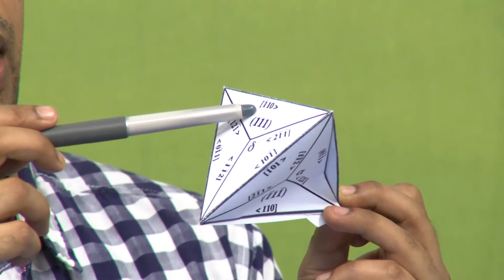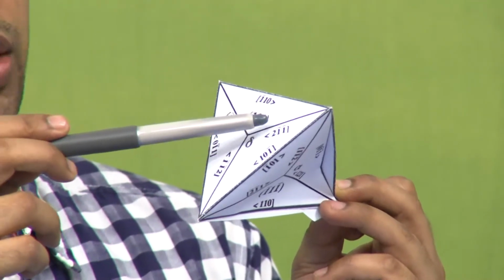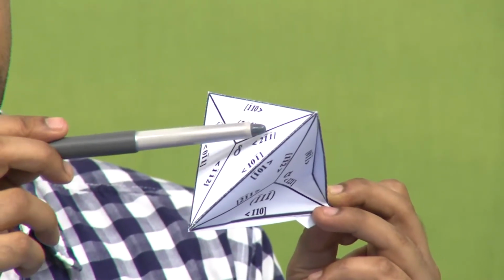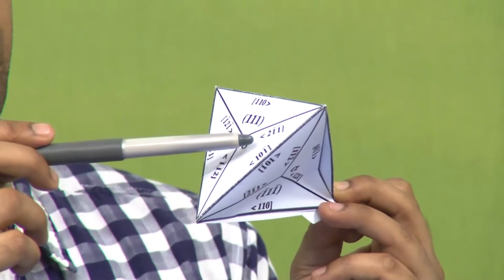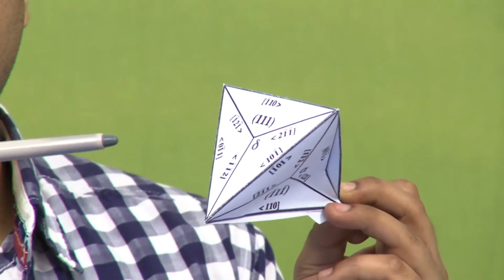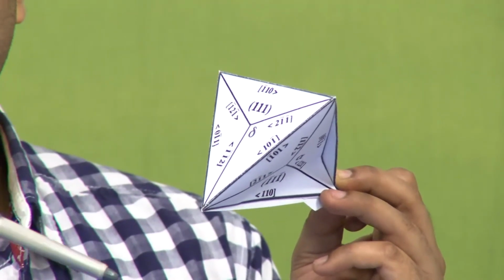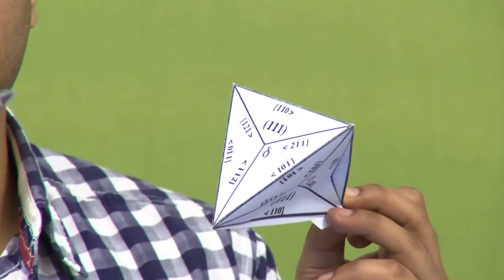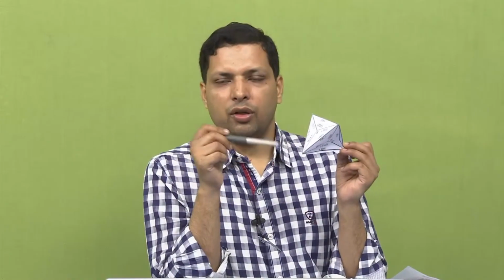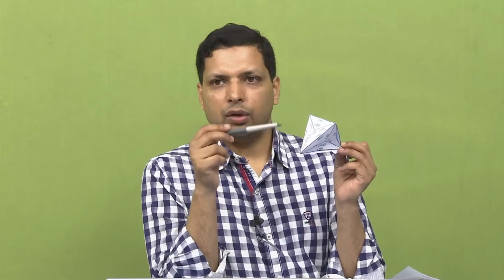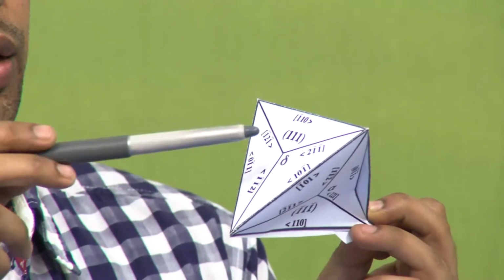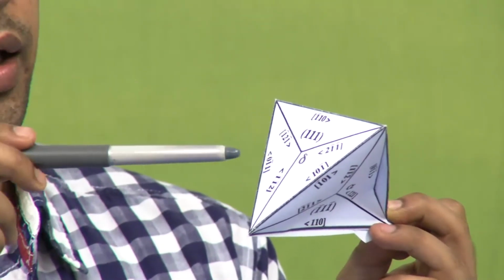So, for this bar 1 1 0 Burgers vector of the full dislocation, it can dissociate into bar 1 2 bar 1, and this is in this direction. So, we will have to take the other direction, which will become bar 2 1 1. So, that will be the two partial Burgers vectors, and you see that the mathematics of FCC becomes so easy using this Thompson tetrahedron. You should apply your brain, but you do not have to do the calculation every now and then to find the dot product and find whether it is coming out to be 0 or not. So, all that information is inherent over here.